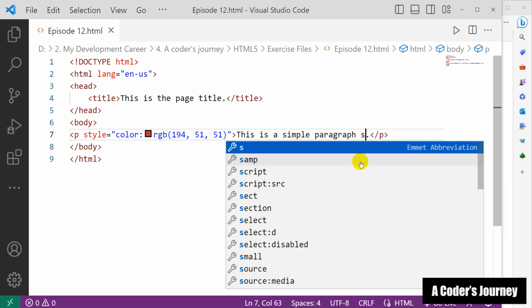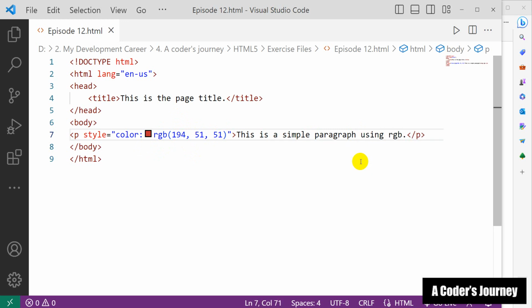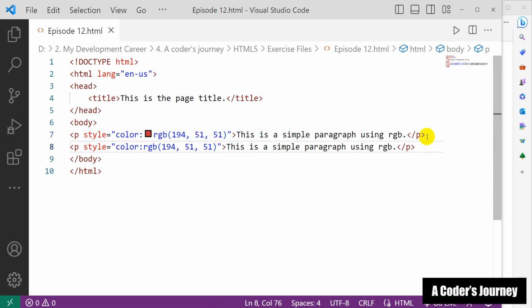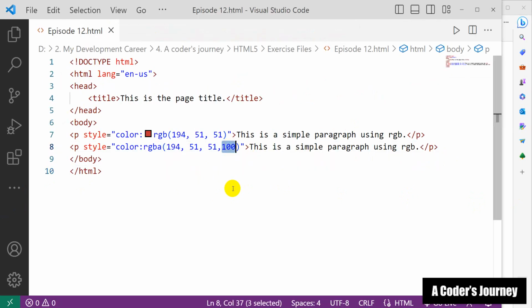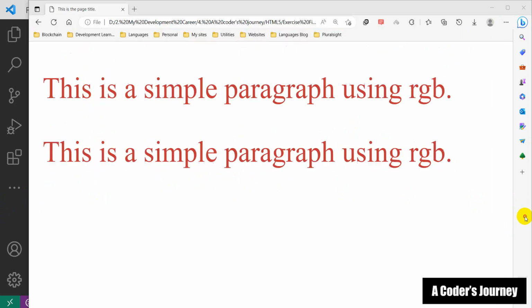And I'm gonna add here using RGB, for example, and then I'm gonna copy this, right? I'm gonna paste it over here, and I'm gonna use RGBA. RGBA is like RGB, but with an added alpha element for opacity. So I can come here and say, let's say 100 for opacity. And if I come here and refresh, you can see that, if I say, let's say this for opacity, you can see for the opacity,